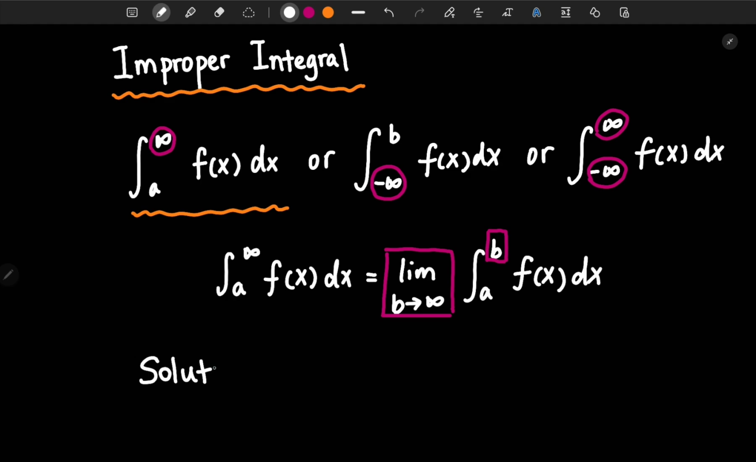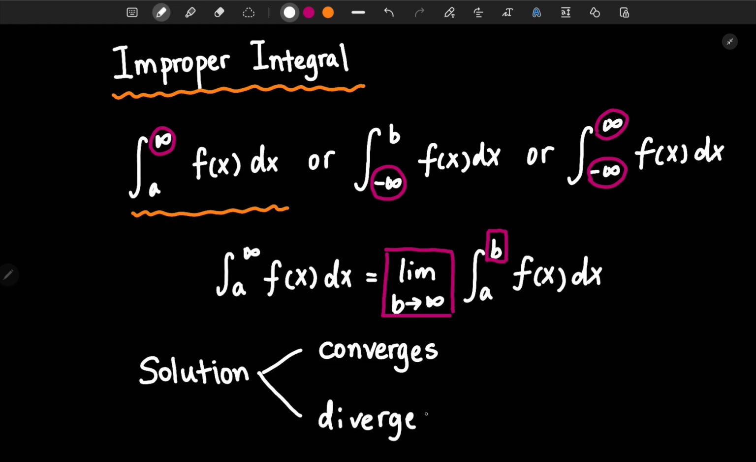The solution for the improper integral could have two results. One is converges, which means the limit exists and is finite, meaning your integral converges to a value. The other one is diverges. Diverges means the limit does not exist or is infinite. To show it in a graph,